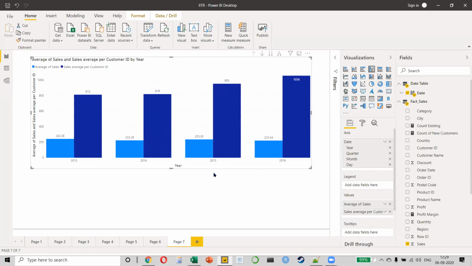You know, so for example, as a good analyst, if I give you this, what would you say? What would be your first interpretation of this number? If I'm saying that the average of sales is almost the same, it is not increasing, average of every transaction, okay, but the average per customer is increasing. What significance does this have for a business? Customers are being loyal to the brand and they're purchasing more.